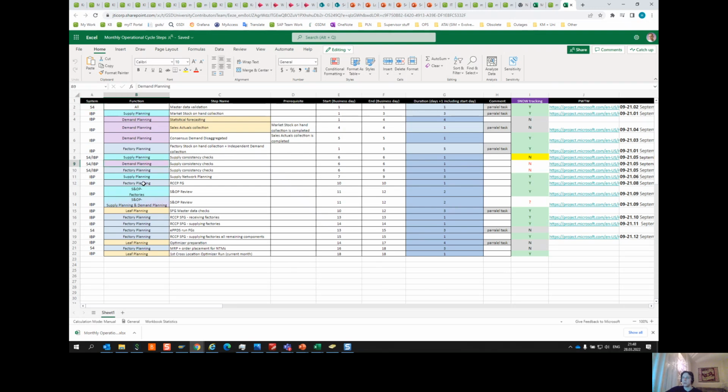Then demand planners also participate with supply consistency checks, even when supply planning has already started, and so on. So for every group of planners, there is something going on in the system. It's just out of our expertise, so we don't know all the nuances, but still.